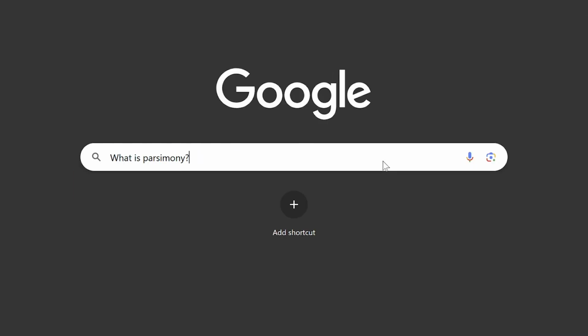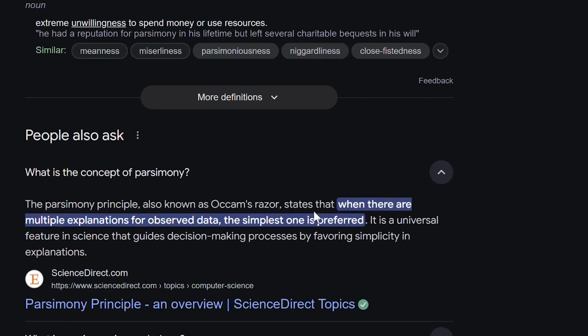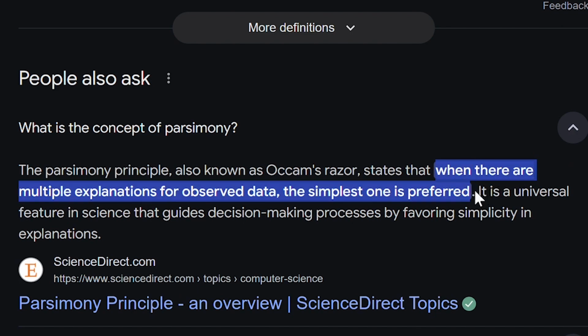Now, I'll try to explain this as simply as possible because that is kind of the theory of parsimony. When multiple explanations are available for one phenomenon, the simplest one is often the best. Now, there's a very common mistake that I see a lot of people make when they study with flashcards, and it's that when they have the term on the front and the definition on the back, they make the definition way too long, and this makes encoding the information extremely difficult. You're basically just doing a ton of extra work to get the same result.